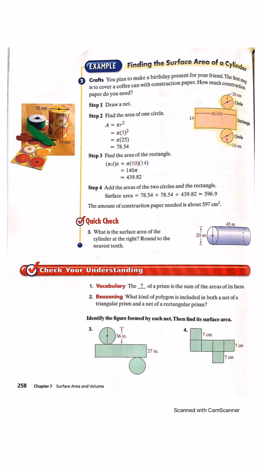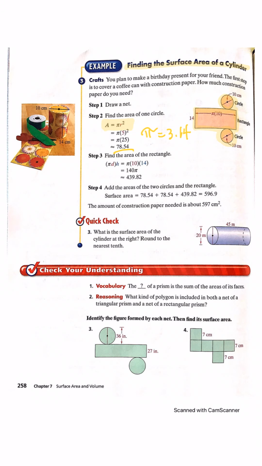Find the area of one circle. This we should have memorized from last time. If not, be sure to write it down. Area equals pi r squared. R squared means you're just multiplying the number of the radius times itself. And pi, we know that you can use as the button on the calculator or multiply it by 3.14. Pi equals 3.14. Okay, so we plug that into the equation and we get